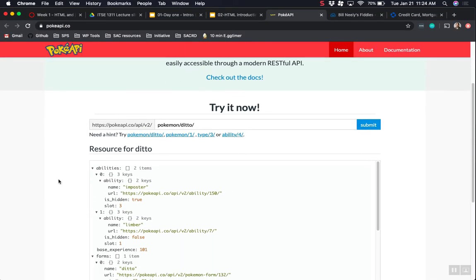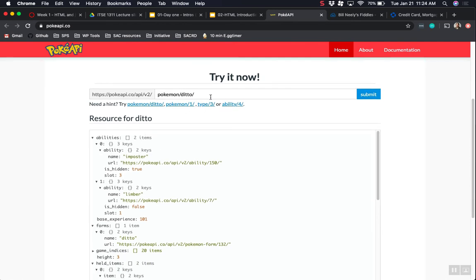So this is an HTML page, and it has this text box here where you can type in a URL to a data API. When I type something here and click submit, this information is being sent from my browser using JavaScript to the server, saying, give me the information for this particular resource, Pokemon number 1, and then it's taking that information and rendering it here so you can look at it. So if I were to say, show me Pokemon number 12 and click submit,